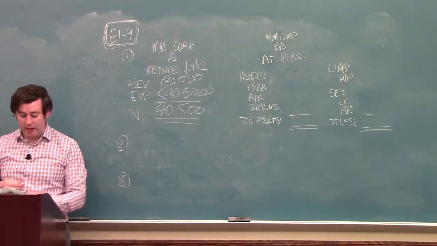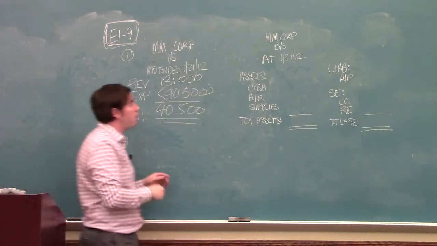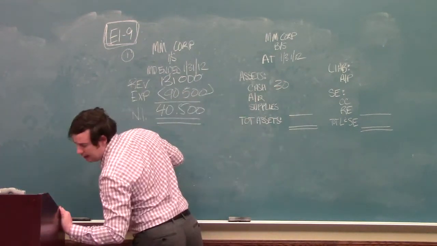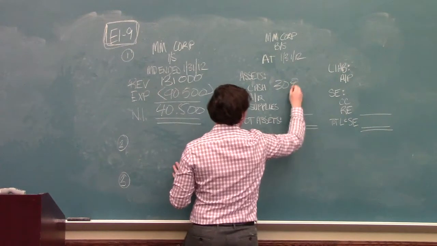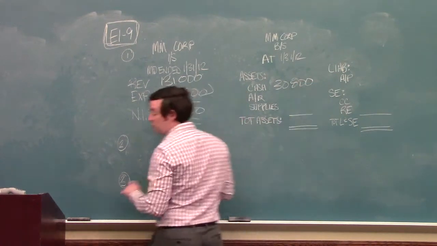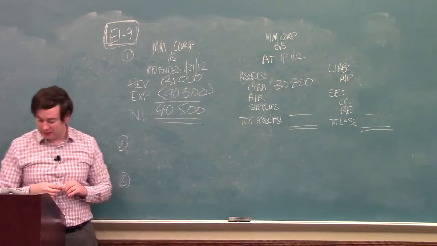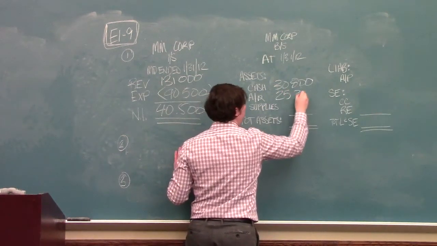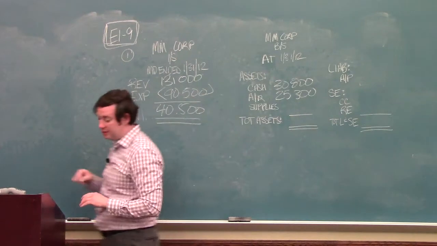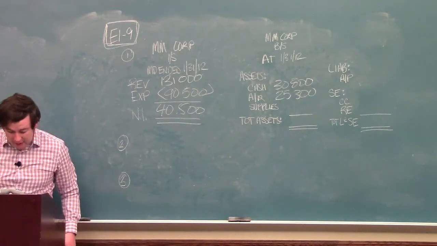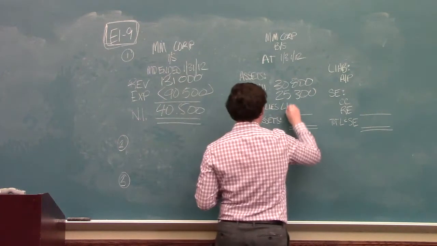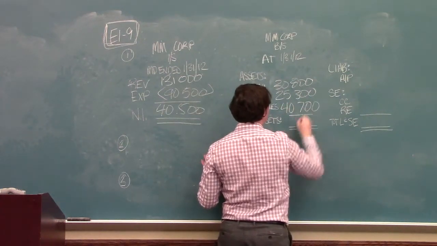Going down the list again, we have cash. Cash is going to go over here in the asset section. I believe it's $30,800. Okay. Next, we'll list out accounts receivable. Accounts receivable is $25,300. And we'll list out supplies. Supplies is $40,700. Giving us a total of